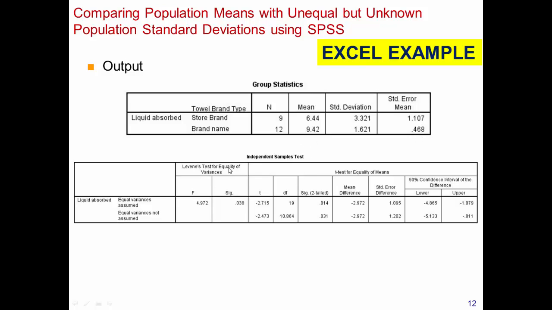Now we go on to the independent samples t-test, where we have a lot of the meat of our analysis, and this is going to be a little bit new to you. So let's go through each of the portions of this output. Here we have two different rows. One is equal variances assumed, and the other is equal variances not assumed. Based on the scenario, we chose to do the unequal population standard deviations, which is the same as unequal variances. We could have chosen equal variances assumed, but we chose equal variances not assumed, so the second row is where we